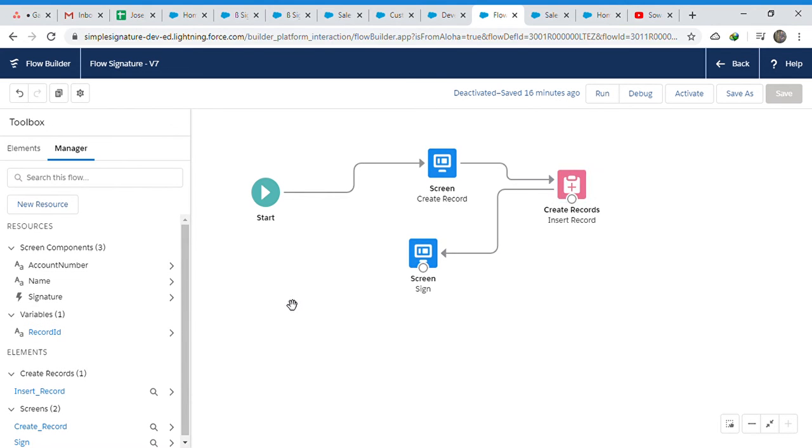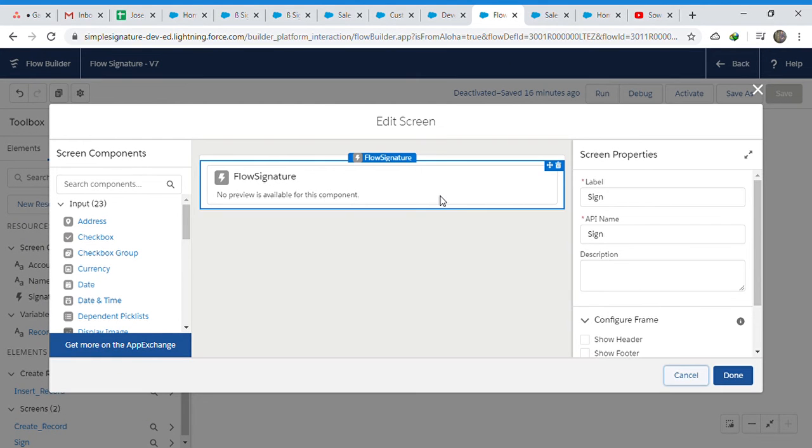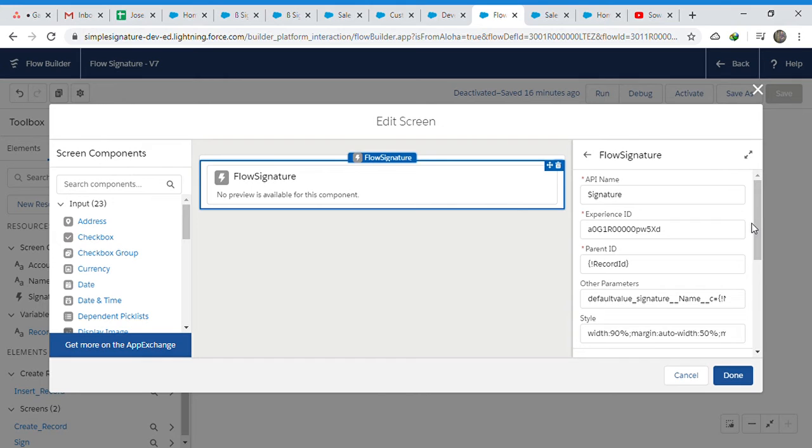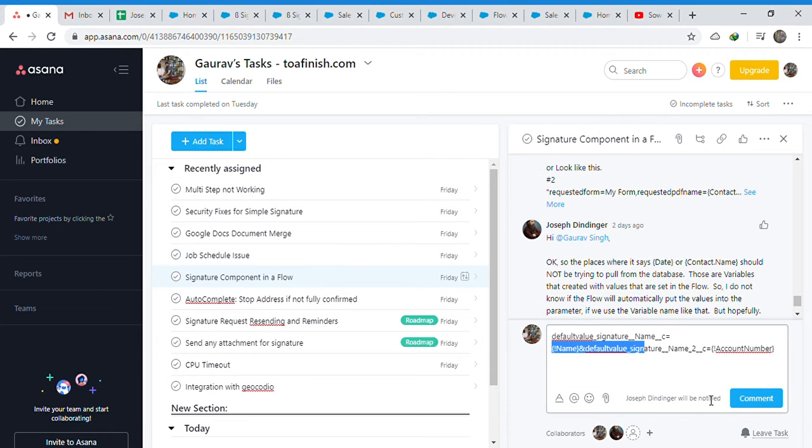Now these are the variables that we can use in our last screen on signature, and we can pass them to the other parameters, but we cannot pass them directly. We need to pass them in a pattern like we do with the signature. So the pattern is the parameter name and then the value. In the place of the value we put the flow variable.